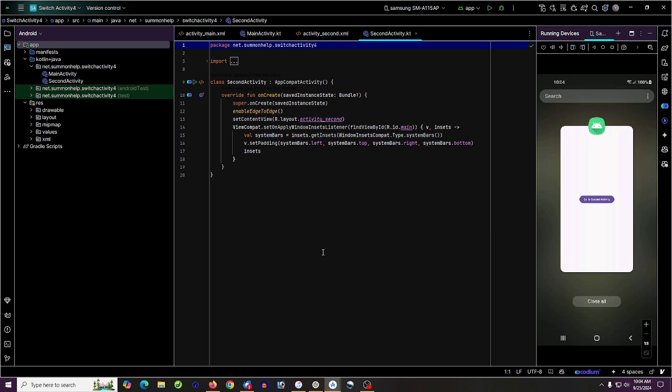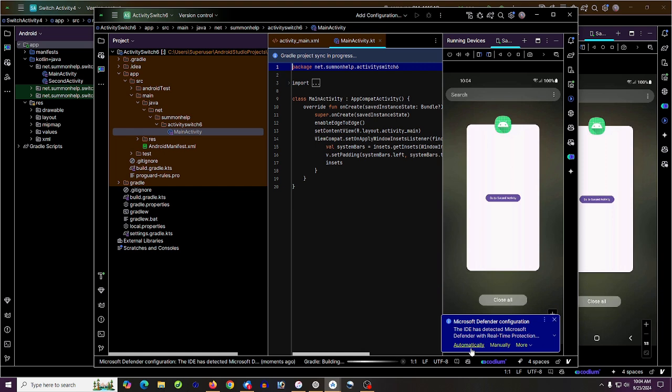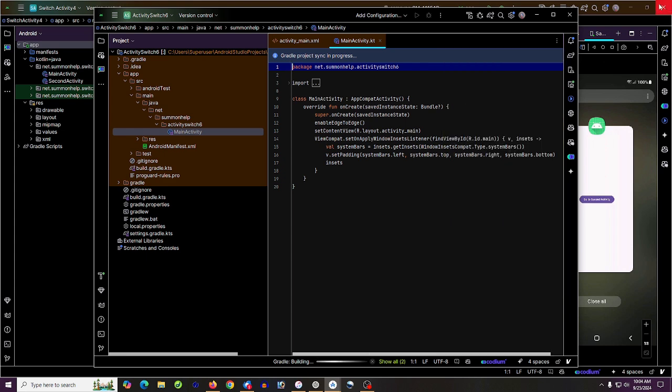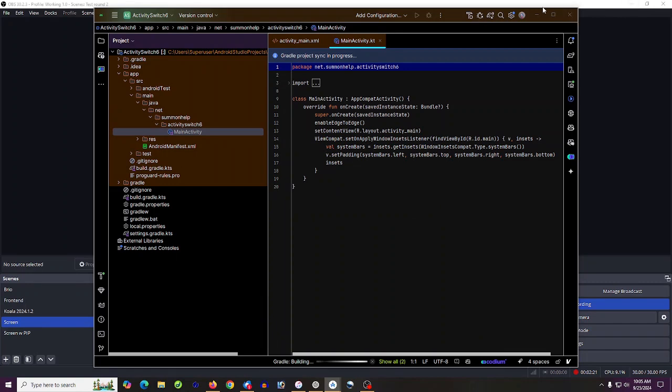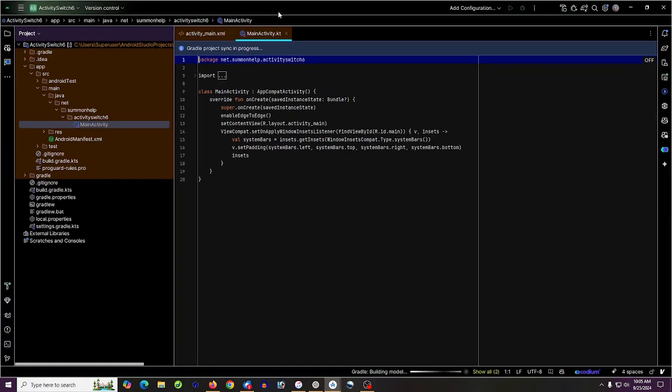Now, here we go. To get through my firewall again. To minimize devices running. That's my firewall. Granting access. Make it a full screen. Gradle building. Take a moment